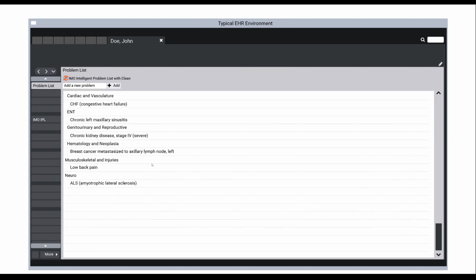So this is another way to lower that bar, to help providers actually take ownership of the problem list and manage it and curate it the way they know they need to. The easier we can make that, the more likely it is to happen, and then the better results you're going to have from all of those downstream workflows and decision support tools.